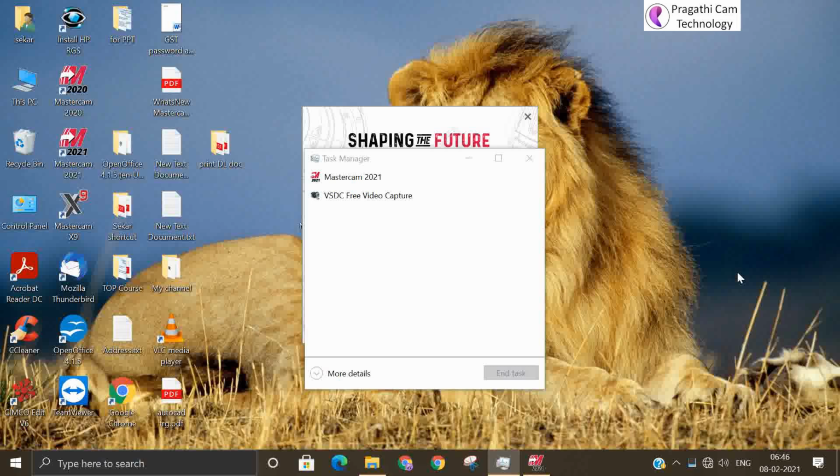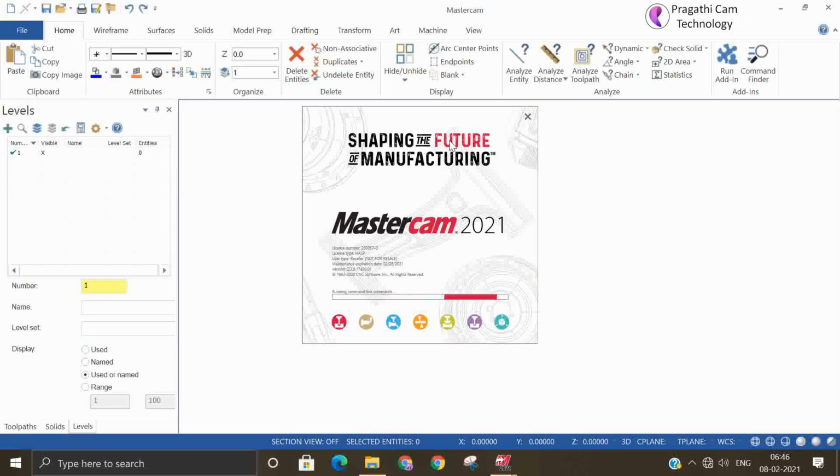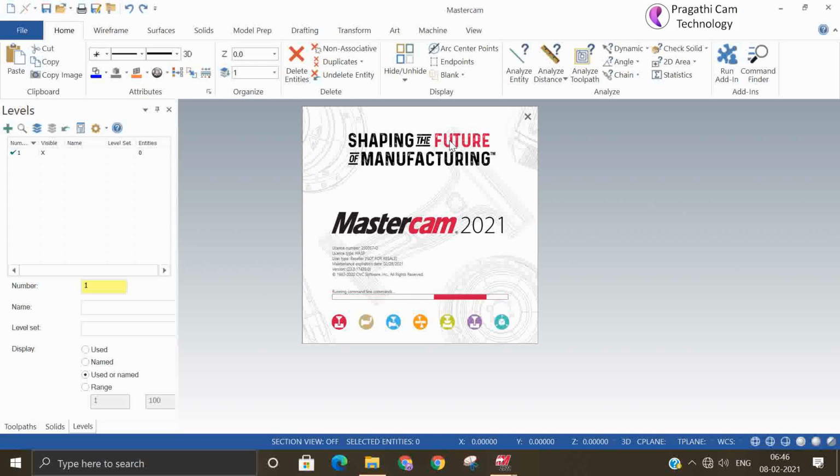I think there are some bugs in the software in the primitives. That's the reason, because in a single shot it is making a solid model and also a surface model. So this may be the reason it crashes.